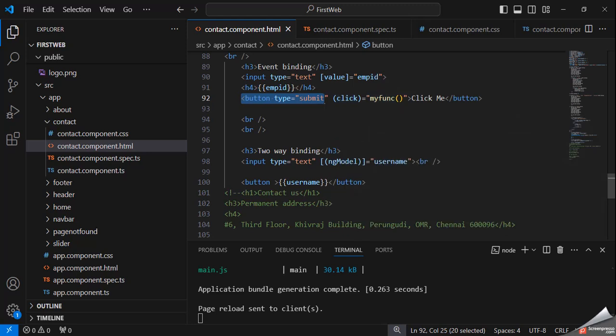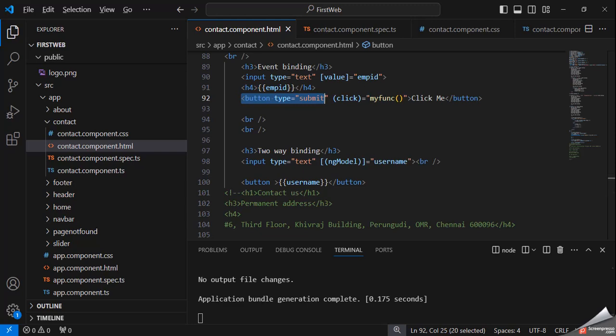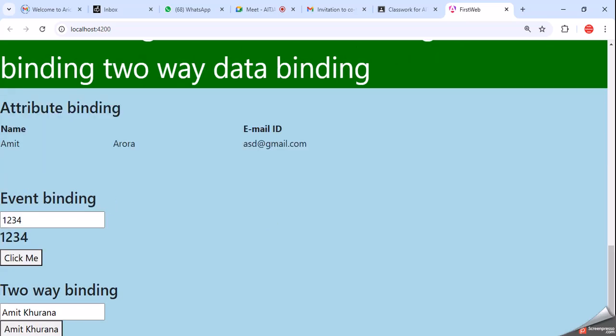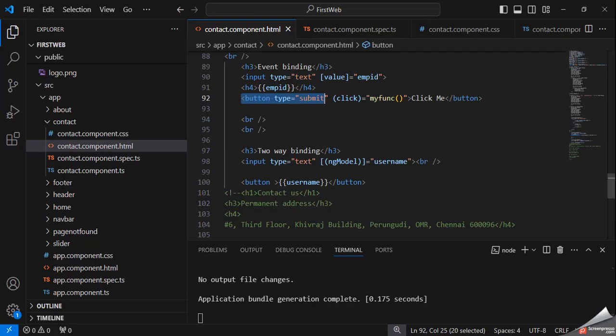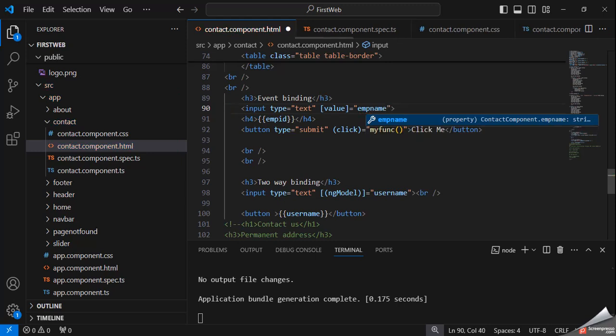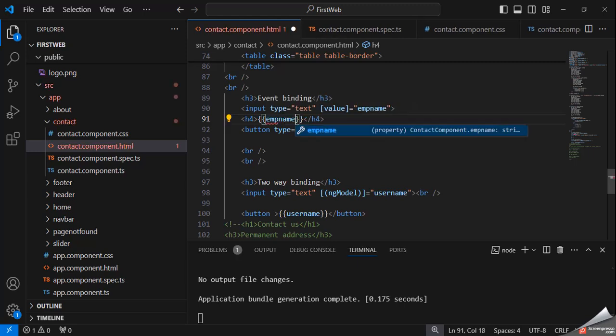So here you can see this is an event binding, and this is an input tag, input values and click. Suppose here I declare employee value is equal to emp name, and here also emp name.